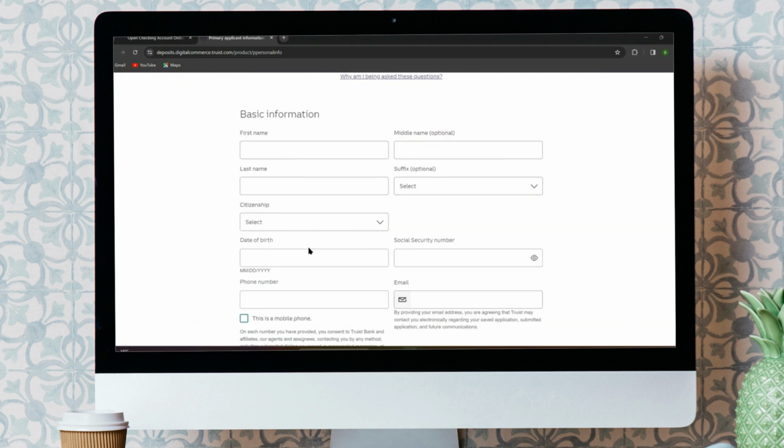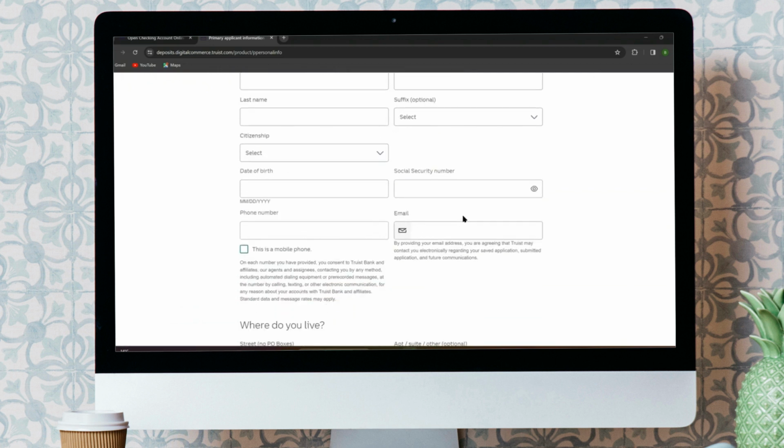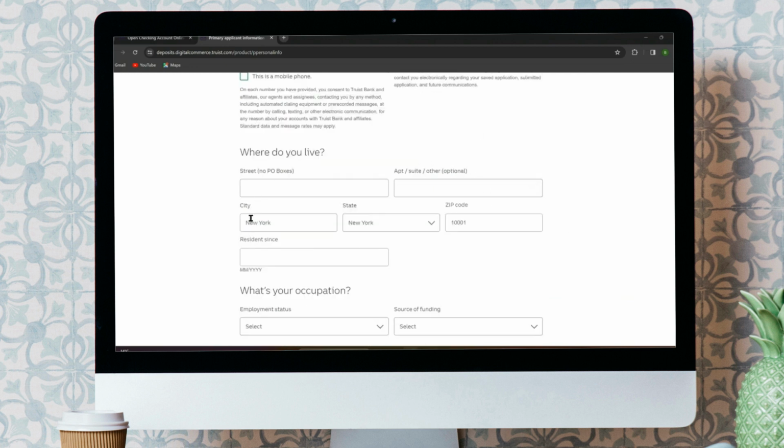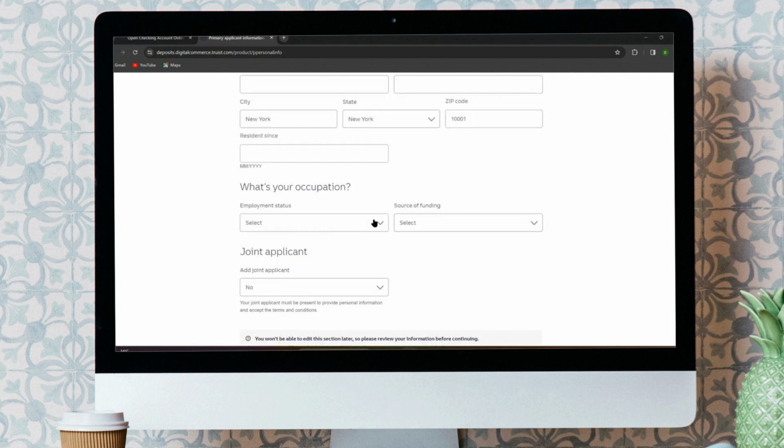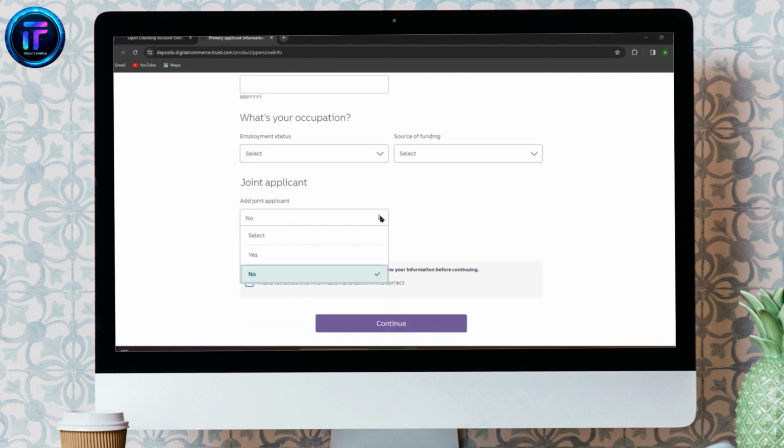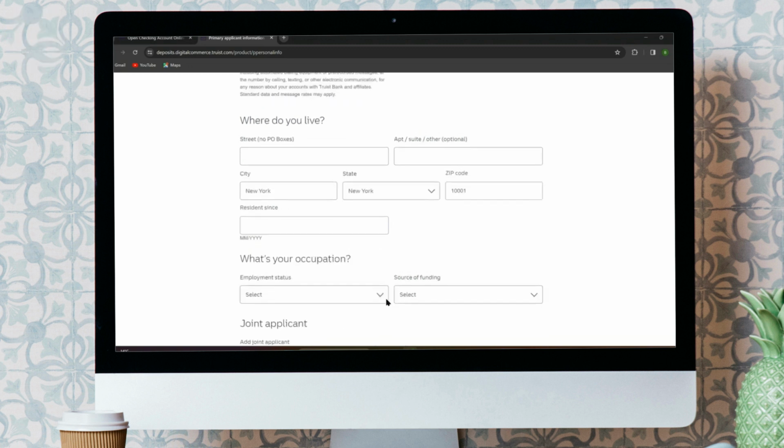birth, phone number, email address, and your social security number. Now, we need to enter our address details over here. After that, we need to enter the employment details as well. Once you're done with all of this, if you want a joint account, simply click on Yes, and if not, you're okay with No. Tick mark to confirm all of the information is correct, and afterward, we need to simply